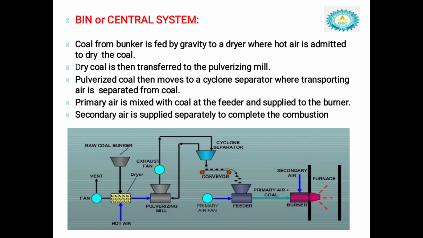It is separated in the cyclone separator. The separated pulverized coal is transferred to the central bunker or bin with the help of a conveyor, as shown in the figure. The central system uses practically all the equipment used in the unit system, with higher capacity for each part. The storage bins are also used in addition to other equipment. This bin may contain 12 to 24 hours' supply of pulverized coal. The energy consumed lies between 15 to 25 kilowatt hours per ton of coal pulverized. This is the process of the central system.